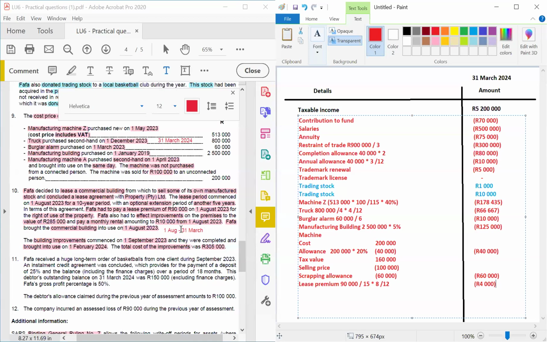And now, the rental part that I talked about, but I didn't calculate. These monthly rentals, they were paid from the 1st of August, right? So now, for the rental, we just take this 10,000. It was paid for 8 months also. 1st of August is a representation of 8 months. So we will multiply by 8. And then this will give us,